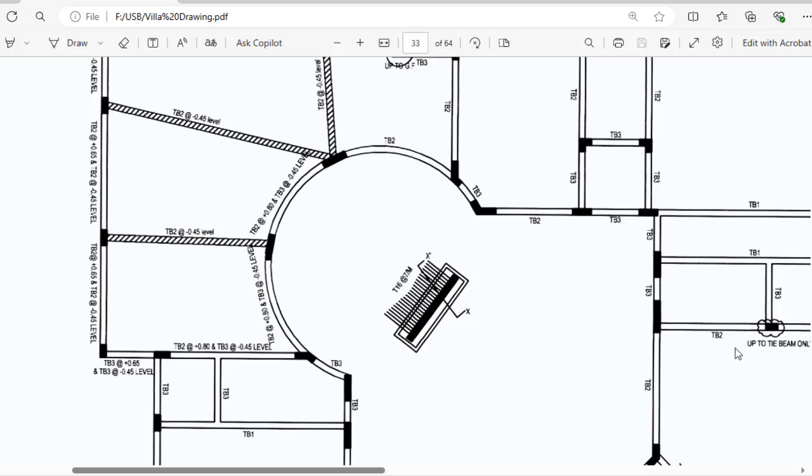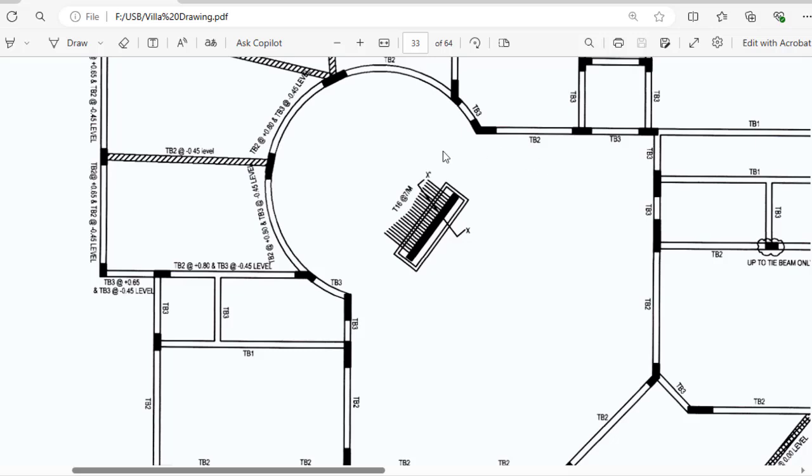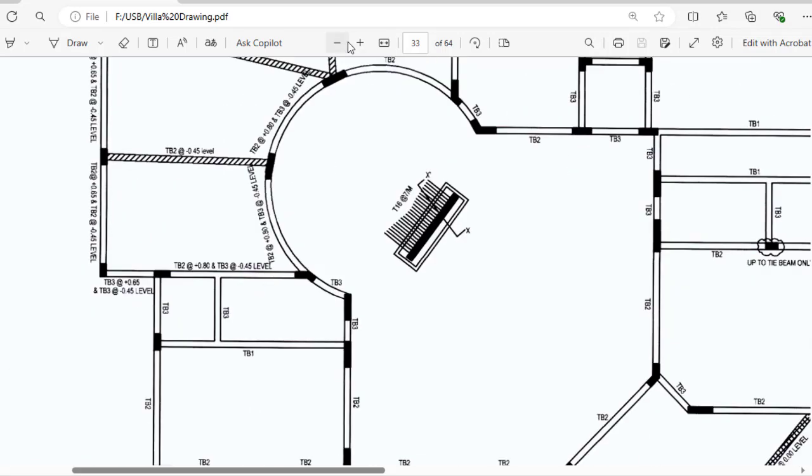So this is the drawing regarding the tie beam, and in the next video we will talk about the staircase footing, how you will read it and how you will apply the foundation for the staircase. So this is the video regarding the tie beam, how you will read the drawing for the